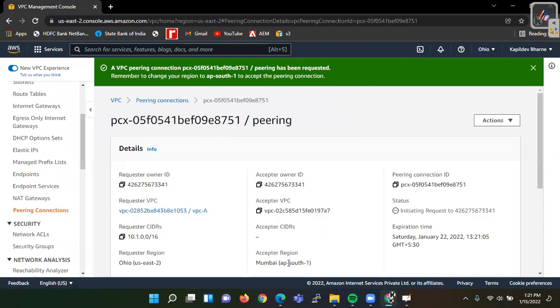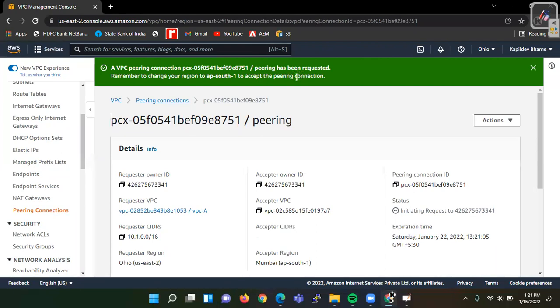Okay. So we have this peering connection and see what is given here. A VPC peering connection, this ID peering has been requested. And remember to change your region to AP South 1, that is Mumbai, to accept the peering connection. So this is important. We have sent the request to the Mumbai region.